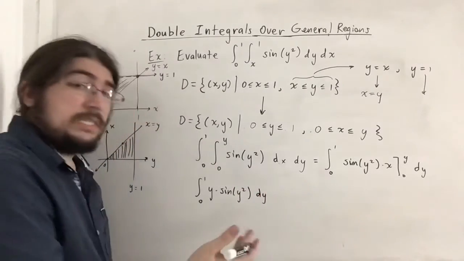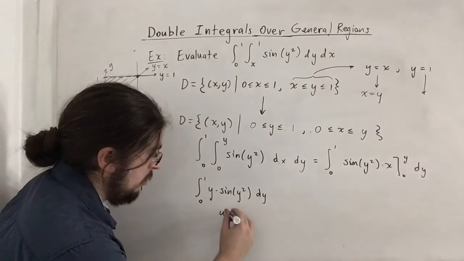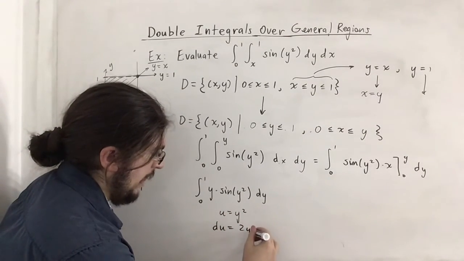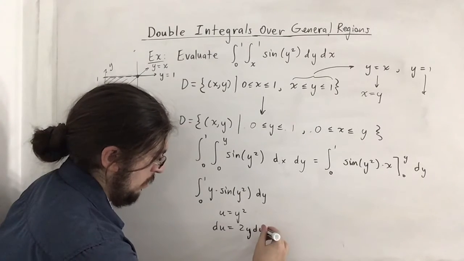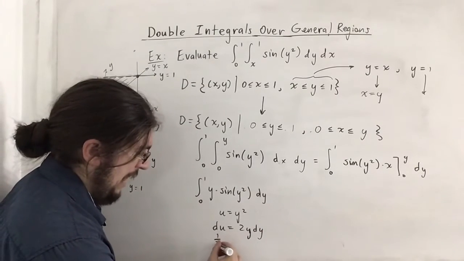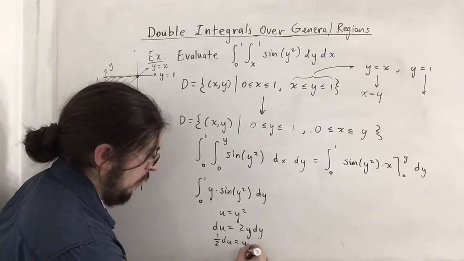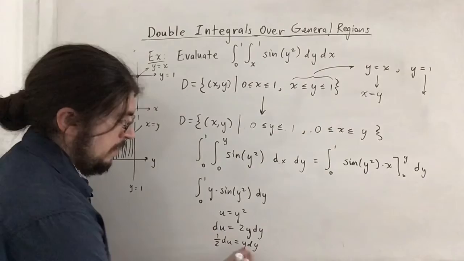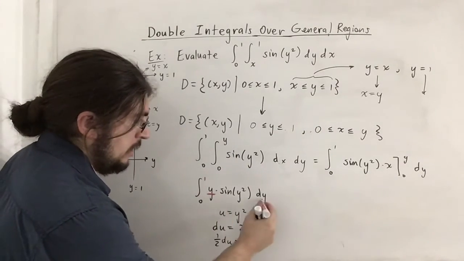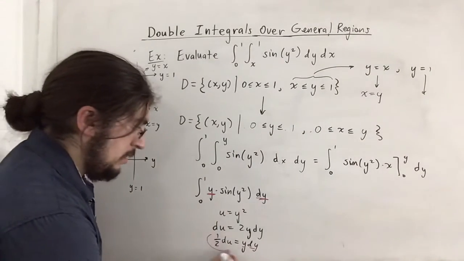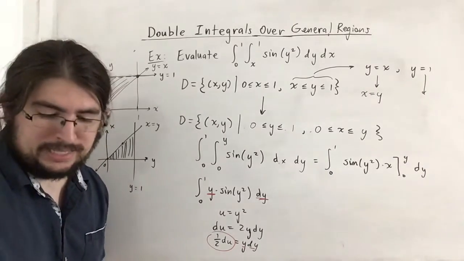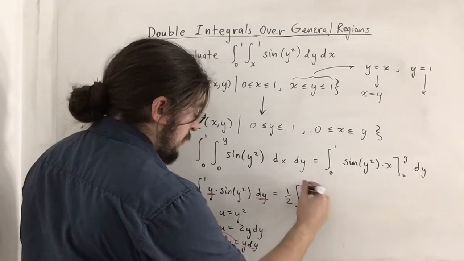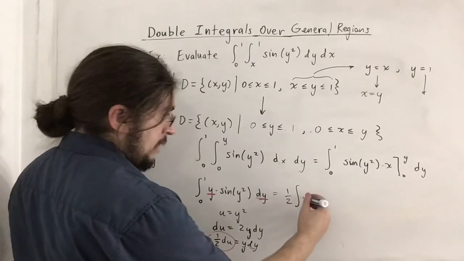Which actually is just a simple u substitution. If u is equal to y squared, then du is equal to 2y dy, in which case 1/2 du is equal to y dy. And that's extremely helpful because notice, y dy is here. So we can replace y dy with this 1/2 du. And since 1/2 is a constant, we can pull it out of the integral. So the 1/2 gets pulled out. The integrand now becomes sine of u,